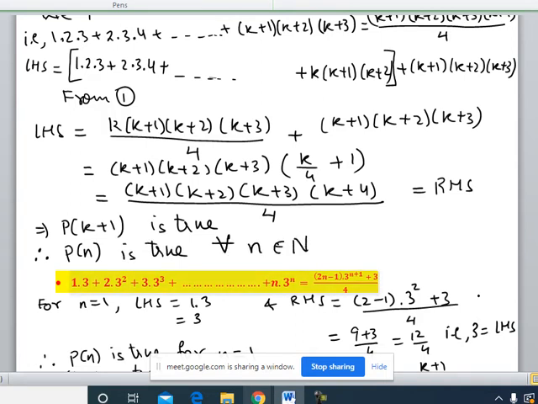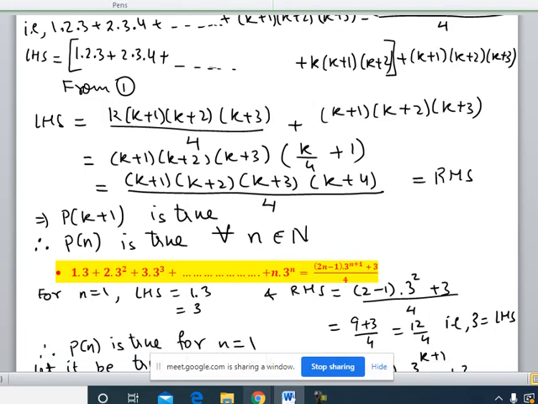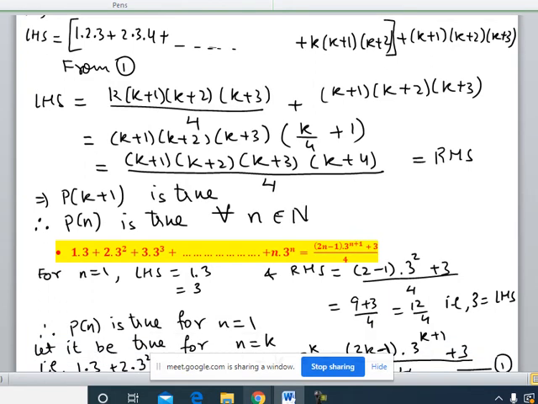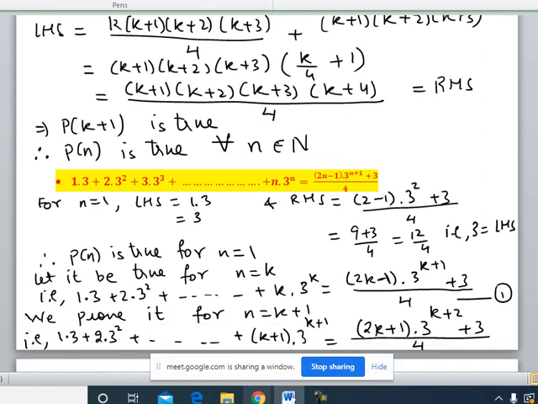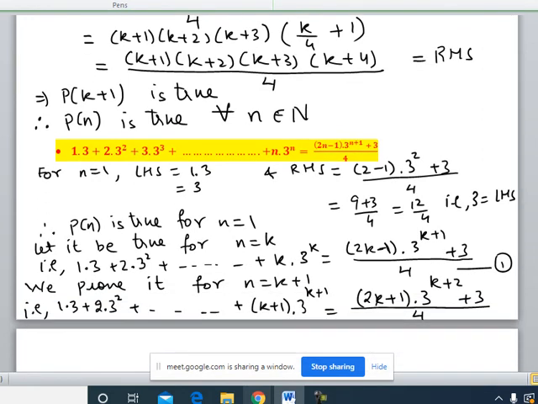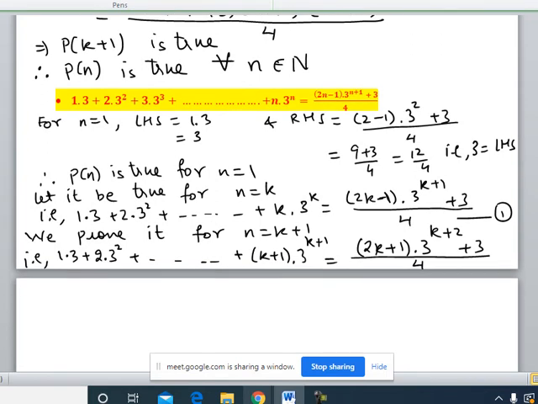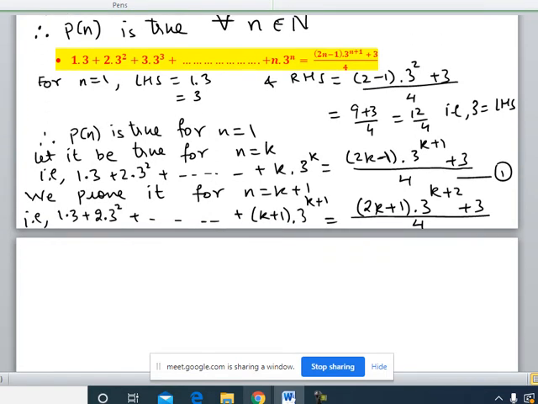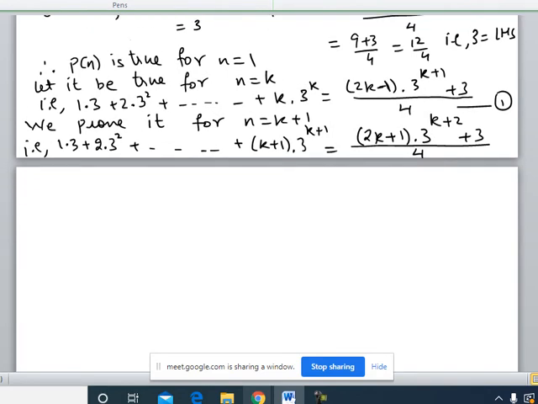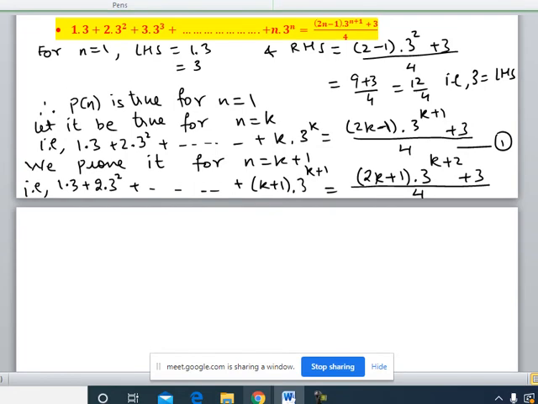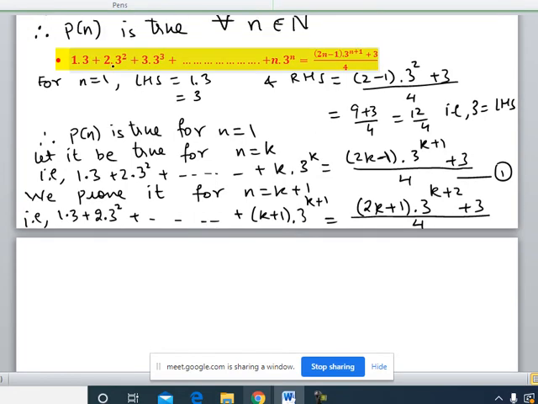Okay. Now let us attempt another one of the same nature. You can see again a series is given on the left hand side. We have to show the sum of all these will be equal to the expression written on the right side. So focus on the terms on the left hand side. You will see each term is a product of two terms. If you look at the first parts, they are the natural numbers 1, 2, 3 and so on. So obviously in the nth term it is n.